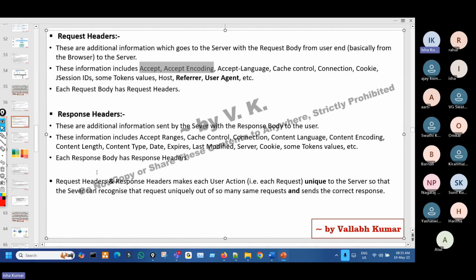The request body. Okay, when I'm doing something, a request URL is going and a response is coming. Very self-explanatory. But why are these things there? That question will be there. So see, these are there to make a request and a response. This request header and response header make each user action, or you can say each transaction, okay, each user action basically